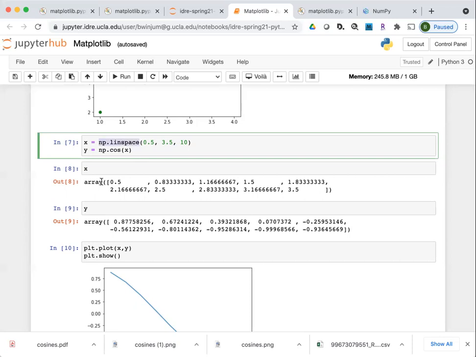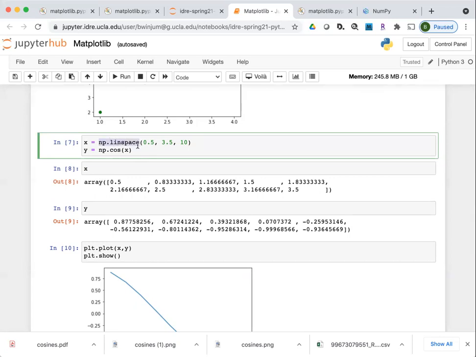Kind of underneath the hood, it's written in a much more efficient way than you might normally program with Python. So NumPy has functions which underneath the hood are written in C and Fortran, which are very, very efficient when you want to do numerical computing.